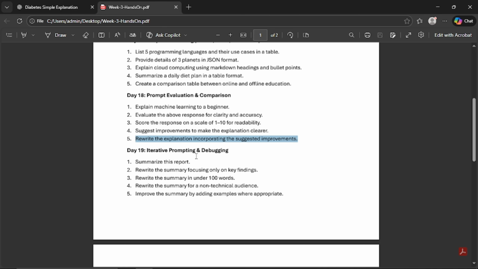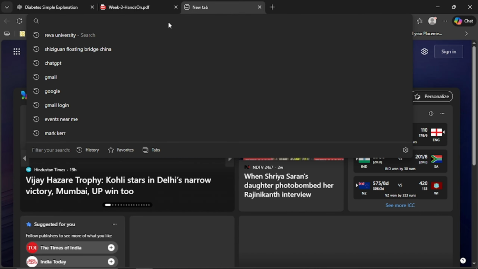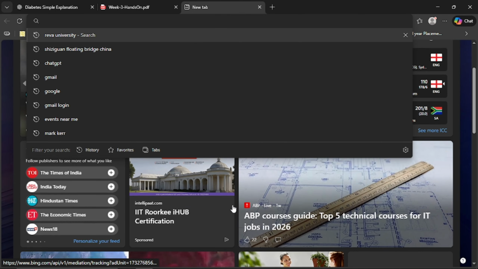So now when it comes to the next topic, that is iterative prompting and debugging. So here what I can ask is: summarize this report, rewrite the summary, and then rewrite the summary under 100 words. So it is an iterative process. I'm asking again and again. Okay, rewrite the summary for a non-technical audience. Okay, so for this we'll take